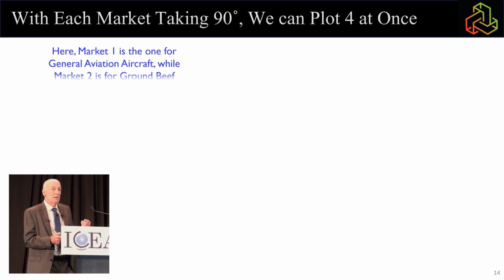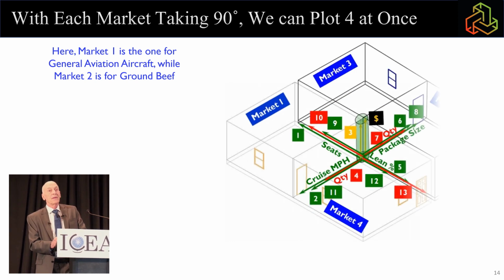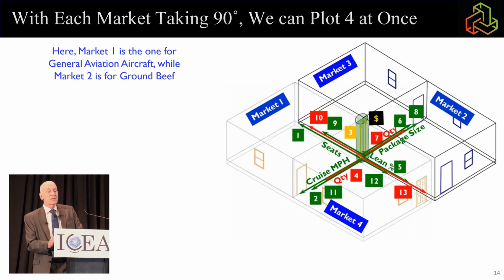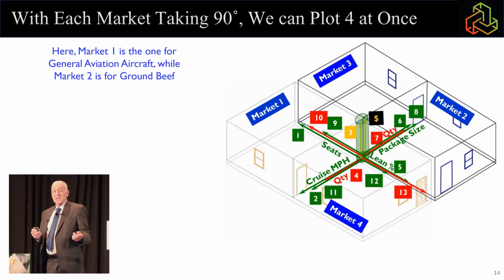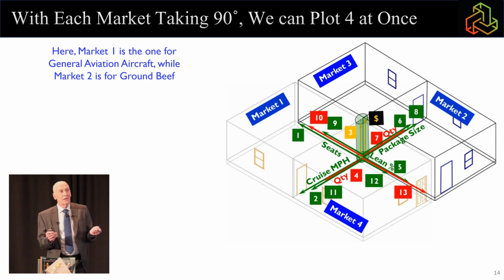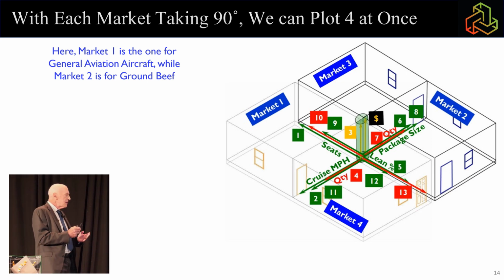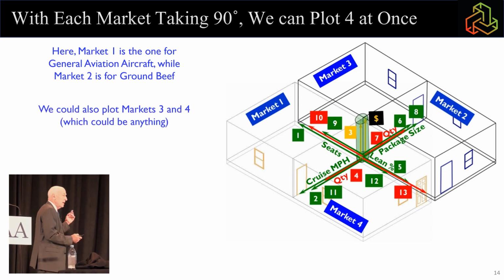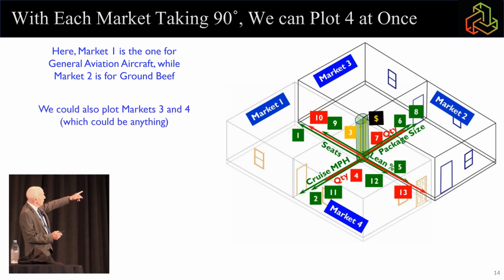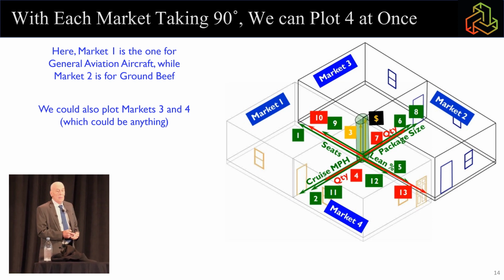as shown here. So market 1 could be those general aviation planes that we talked about with its 4 dimensions. And now, interestingly, when we add the second market, which in this case is ground beef, we have the same price axis, and then we're adding 2 value dimensions and a quantity dimension. Could be anything. We're also going to add markets 3 and 4. But what we notice here is a pattern emerging,